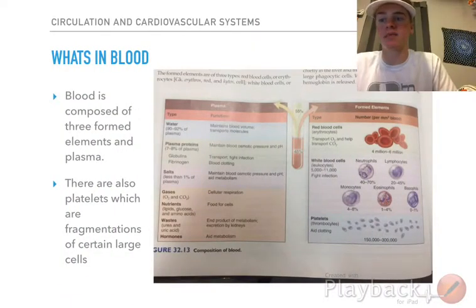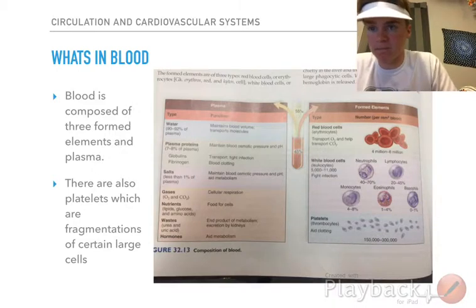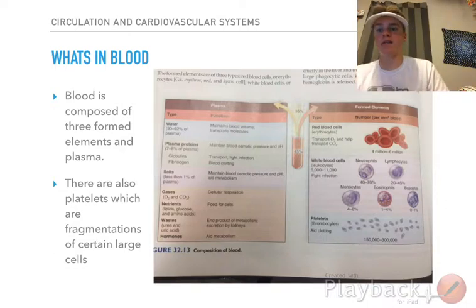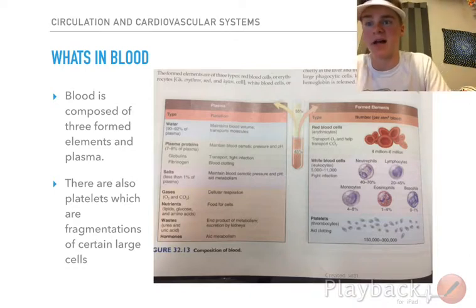What's in blood? Blood is composed of 3 formed elements in plasma. There are also platelets, which are fragments of certain large cells. And so here on the left and right in this picture, on the left we have plasma, and on the right we have these formed elements. Plasma can take up to 55% of blood, and the different types of plasma,